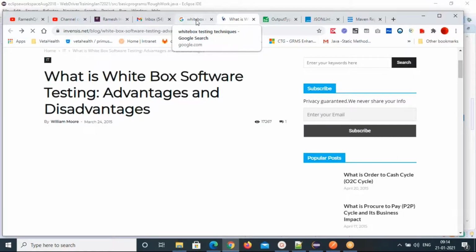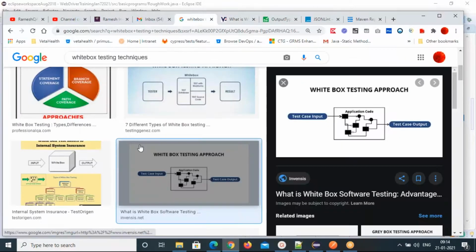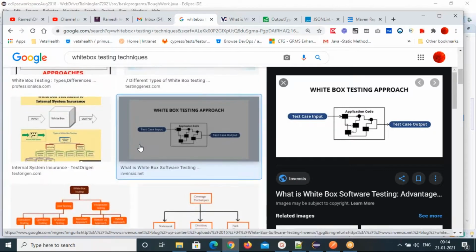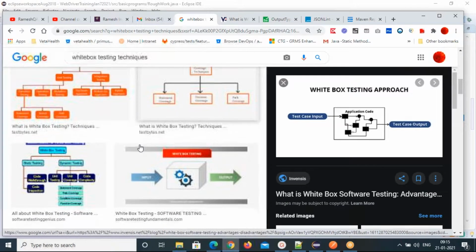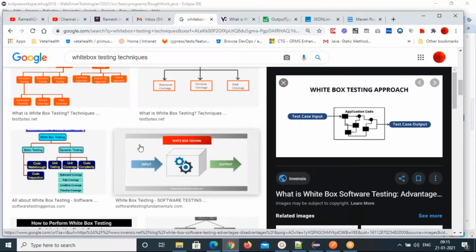So still this is not clear. Let me see a few more. So we should have different paths there. I'm just looking for the paths.